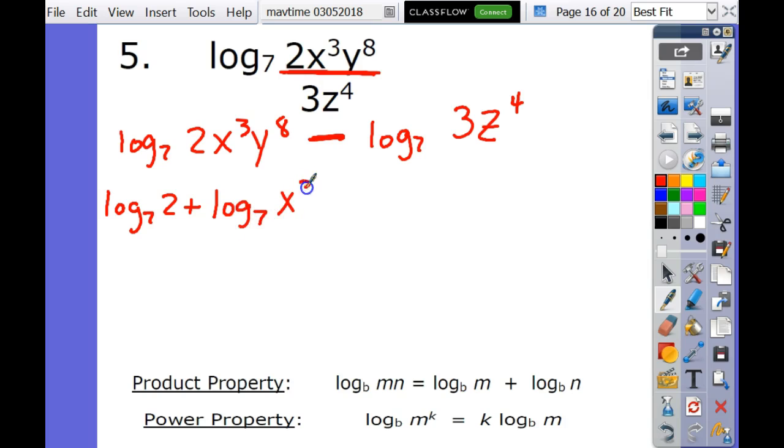Of x to the 3rd plus log base 7 of y to the 8 minus